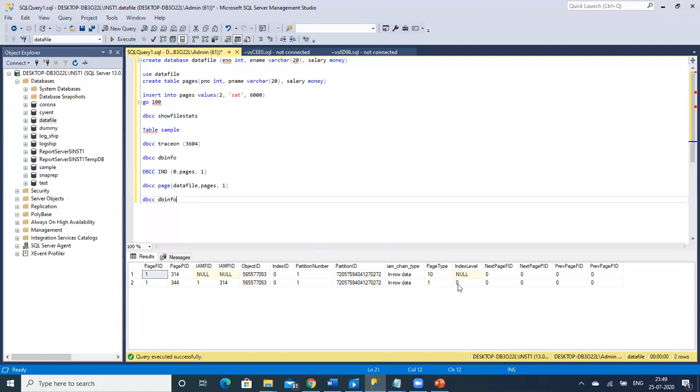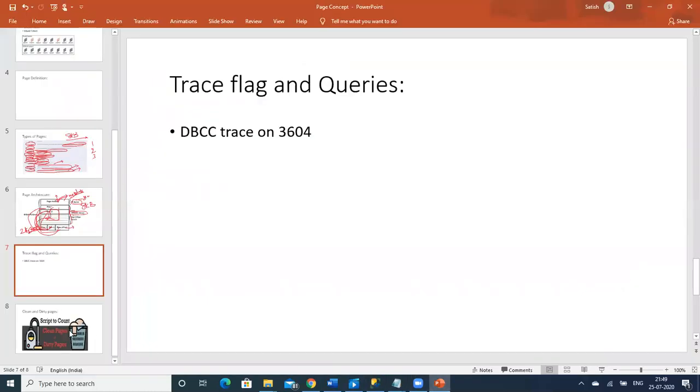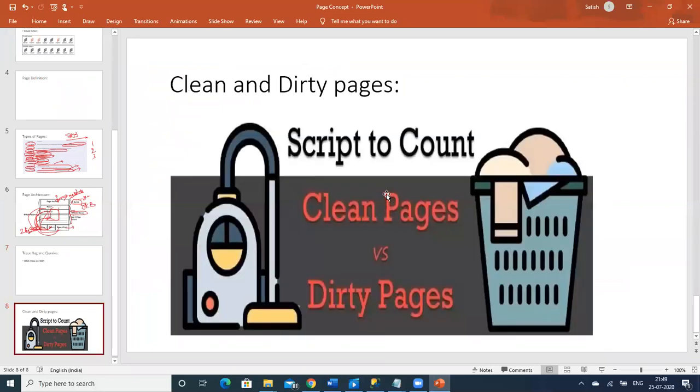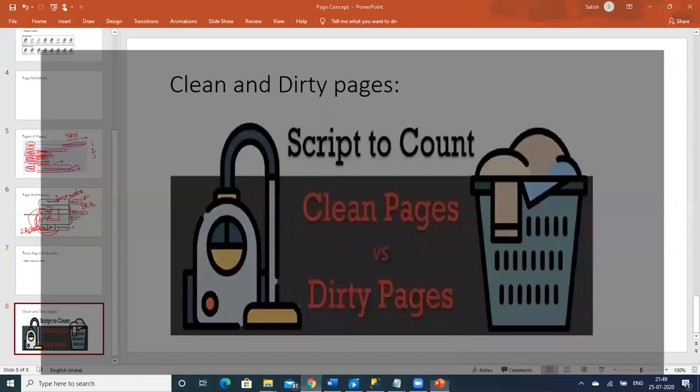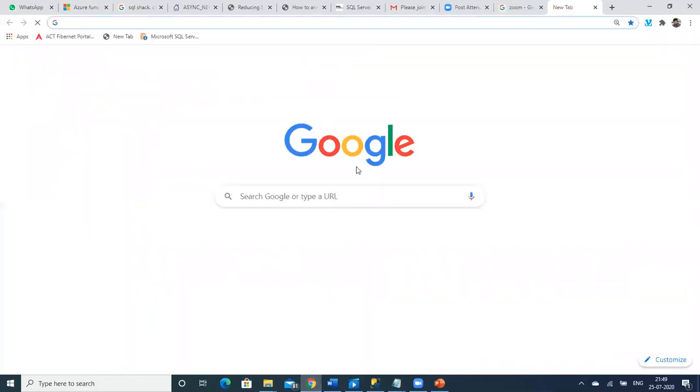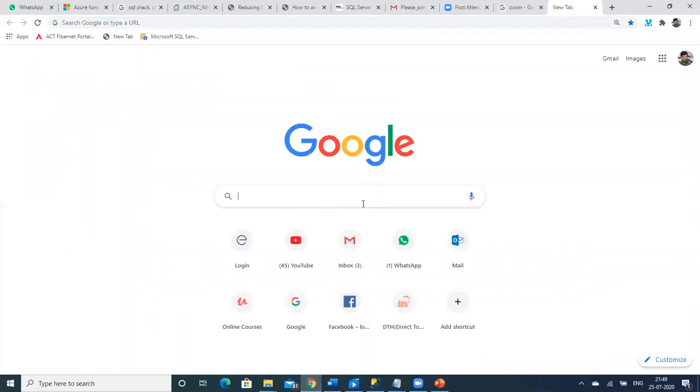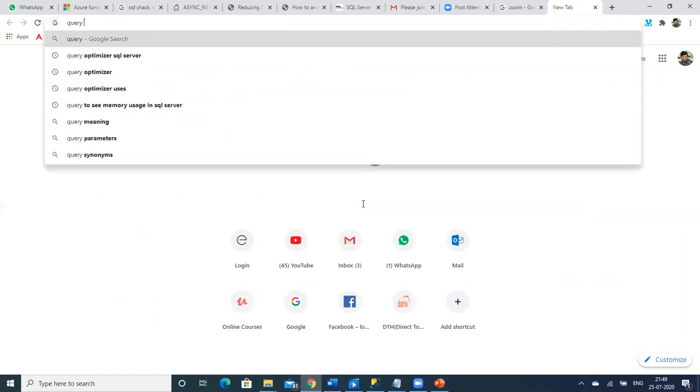We have discussed all the points here: page ID, page file ID. Yes, that's all about the page, the page architecture, and the types of pages which we have discussed. We will be having some queries to retrieve the data, information about a clean page or